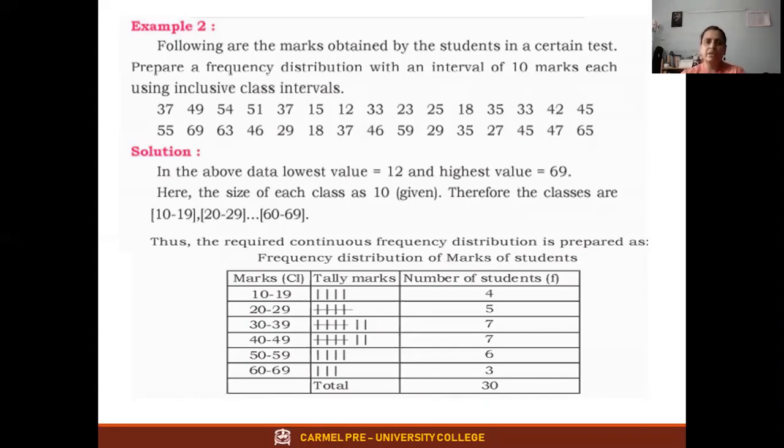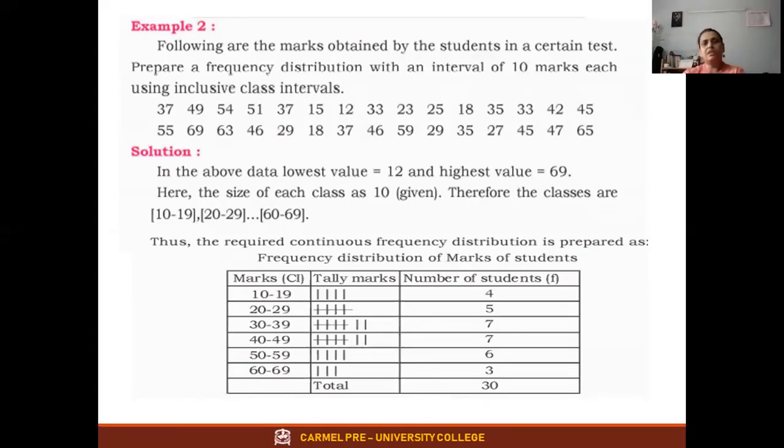When width is already given, we don't have to use Professor Sturt's rule. When are we using Professor Sturt's rule? When they have not told us anything about the width nor about the number of classes. So what is the lowest value? 12. What is the highest value? 69. And how does he want us to do the